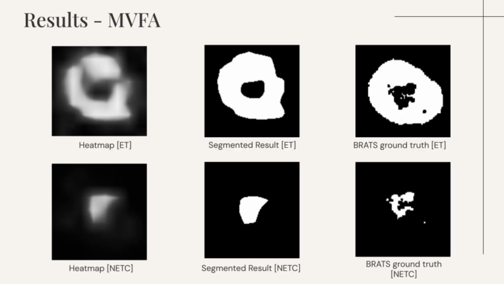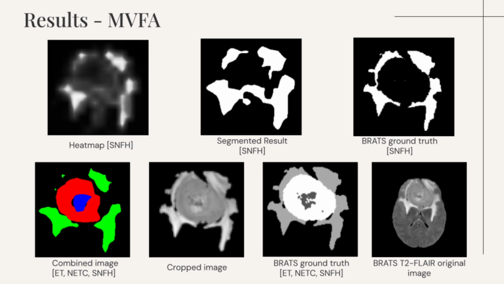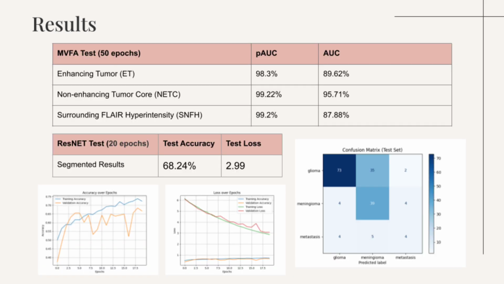Here are the segmentation results from MVFA for each of the 3 tumor types. This shows our combined segmented anomaly results in comparison with the ground truth and original brain images. The segmentation accuracy is high, with 98 to 99% for the pAUC and above 87% for the AUC of ET, NETC, and SNFH. This shows MVFA's effectiveness in visualizing various tumor regions accurately. Using ResNet-50, we achieved a test accuracy of 68.24% and a test loss of 2.99, with challenges mainly from limited